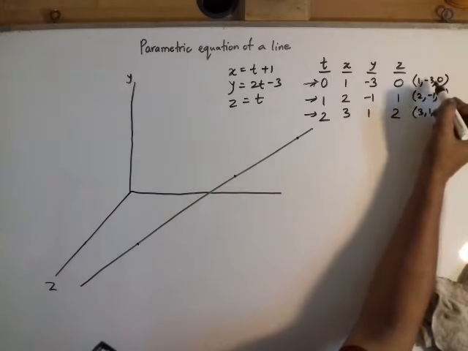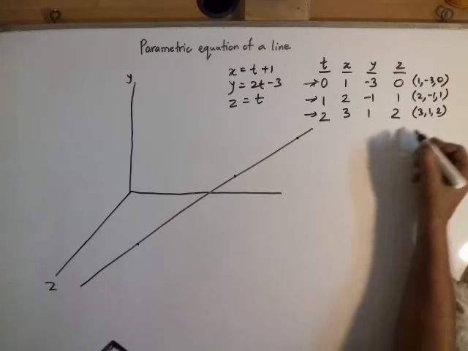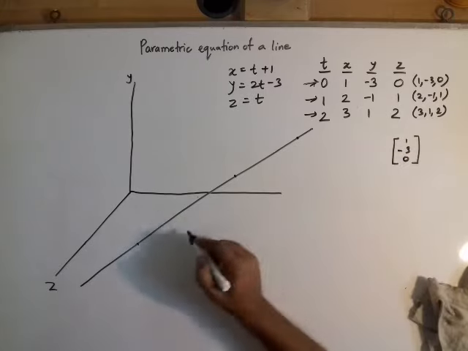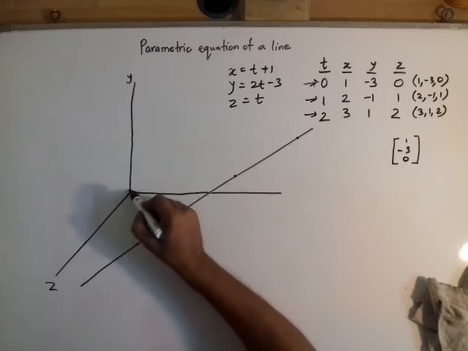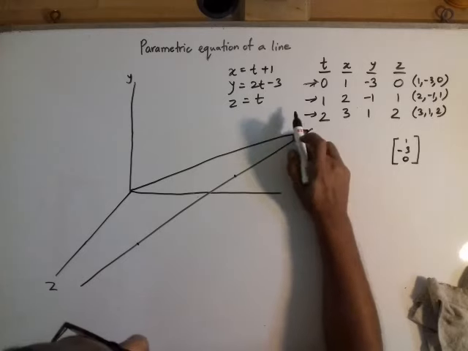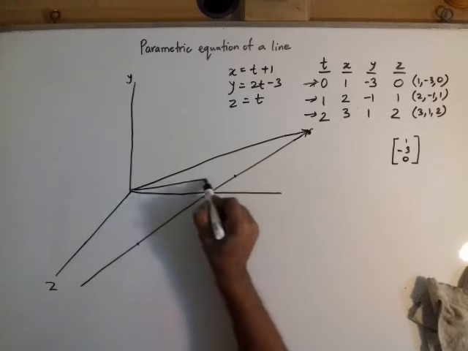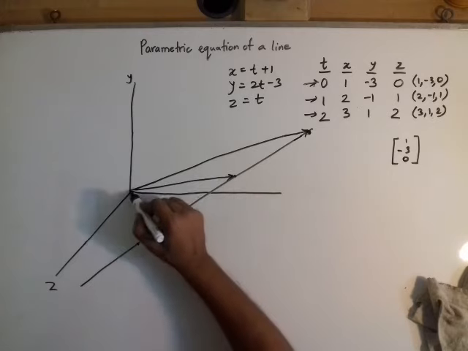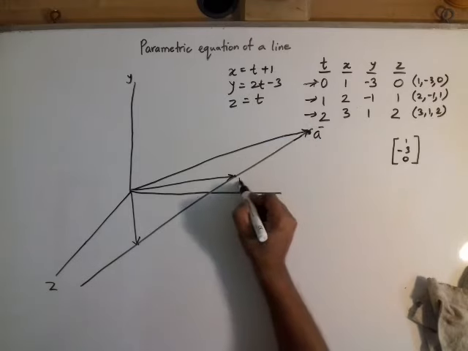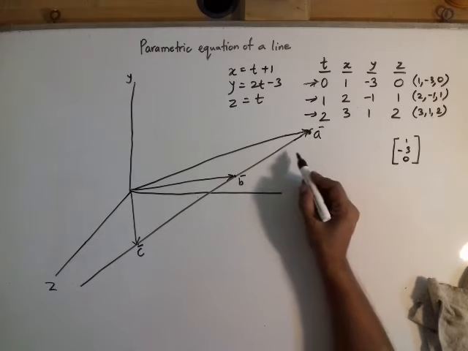Points, vectors, right? 1, minus 3, 0 in the coordinate plane is really a vector 1, minus 3, 0, right? So now we are going to talk vectors. So let's say this is my point, this is the other point, this is the third point, and let's call them vectors A, B, C. Okay, now if you remember